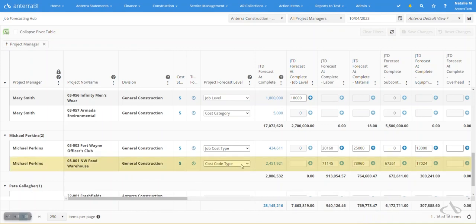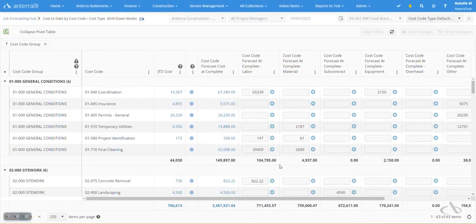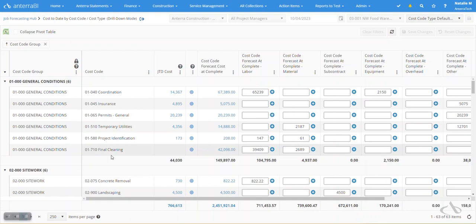Let's take a look at this job, which we have at a higher risk level, the cost code type level. We can simply drill on the job-to-date forecast at complete, which drills our forecasting down to each of the cost codes listed down the left and the cost code types listed across the top as columns. What you know as phases in Viewpoint Vista is simply what we're calling cost codes here in Antera.